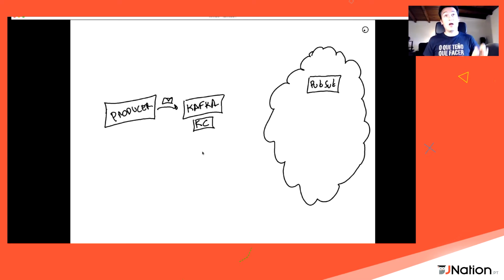So now Kafka Connect has a connector specifically for PubSub. So now we are sending our data to PubSub. And from PubSub, now using Dataflow, which is a framework to move data between places in streaming. It's kind of similar to Kafka Connect, but it's coding. So it's much more powerful, and you can do transformations, aggregations, filterings, and so on.